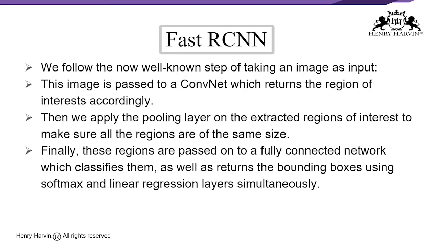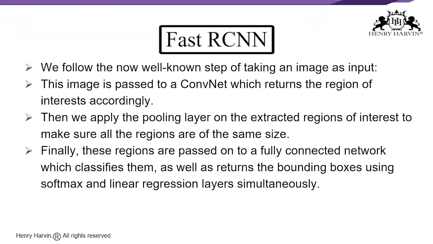So now here, instead of using three different models like in RCNN, Fast RCNN uses only a single model which extracts features from the regions, and then it divides them into different classes, and it returns the bounding boxes for all the identified classes, right? So to break this down still further, we will try to understand this a little more.